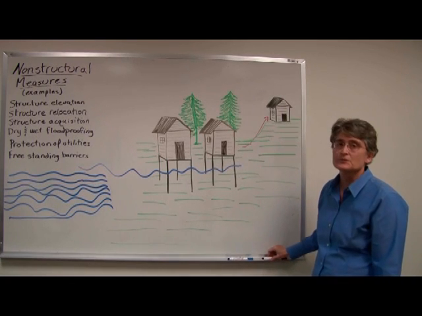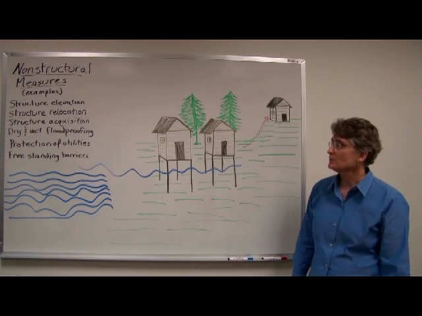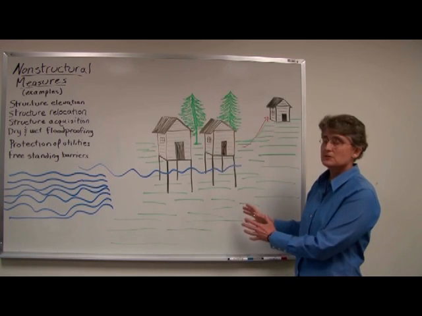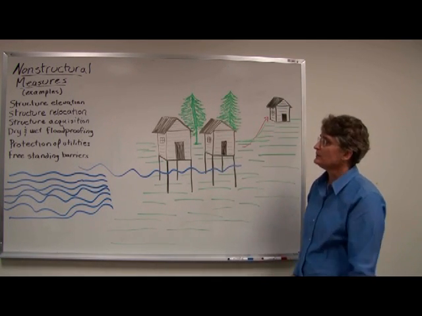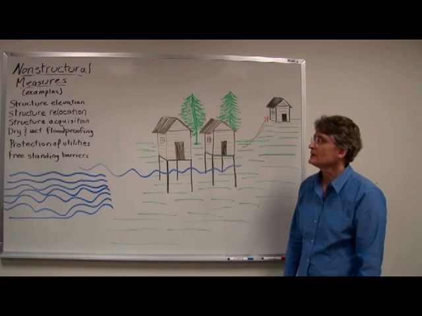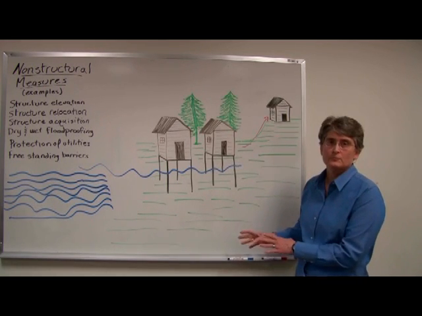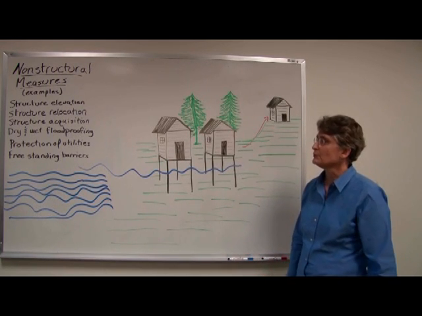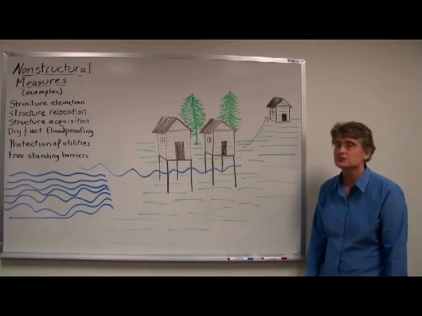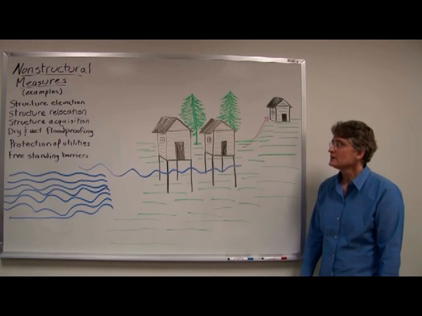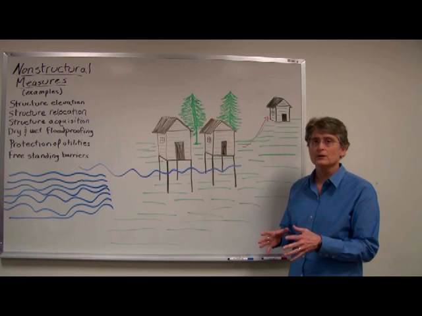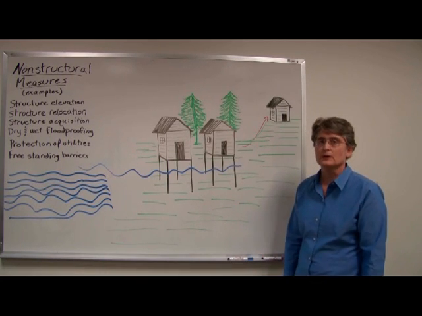Some other examples we have of non-structural measures would be structure acquisition, which is the purchase of the structure, and so the total removal of it. Floodproofing of property, which can be called dry floodproofing or wet floodproofing. You can protect your utilities in different ways. There can be a building of what's known as a freestanding barrier, also known by many people as a ring